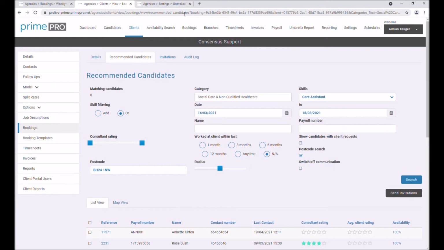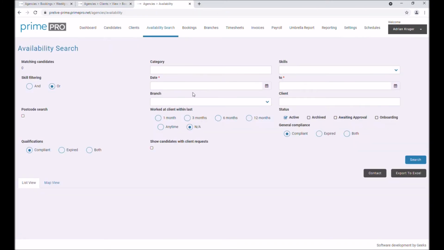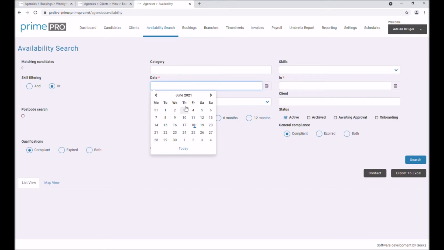You can also run what's called an availability search. So let's use this tab up here and run my search. So availability search is one of the main options in the main menu up here, whereupon you can select your category if you want to, your skills, if you want to add particular skills to refine your list, and of course the date range in question that I'm checking for people that are available for my search. So I'm going to match the period that my system is in at the moment,